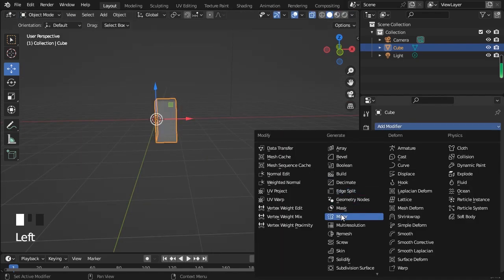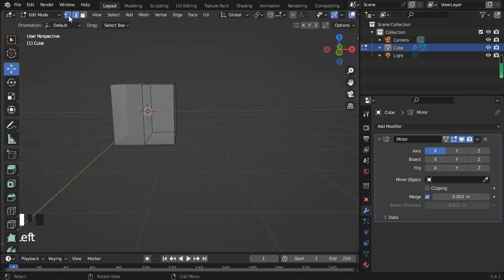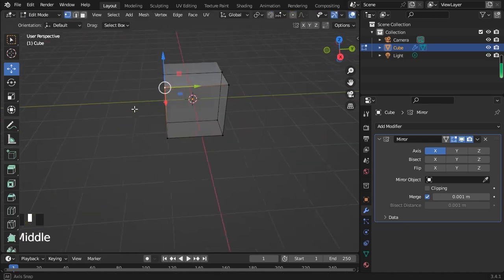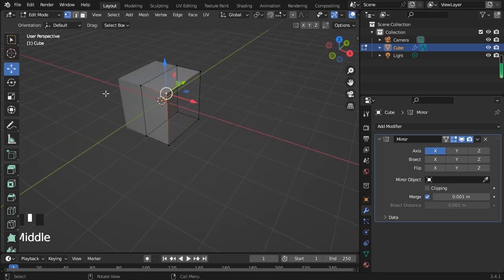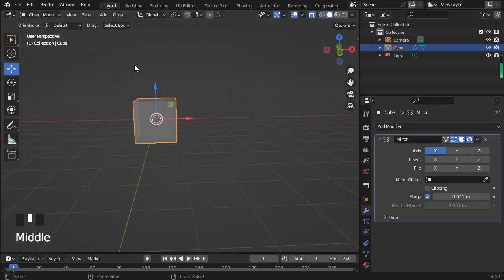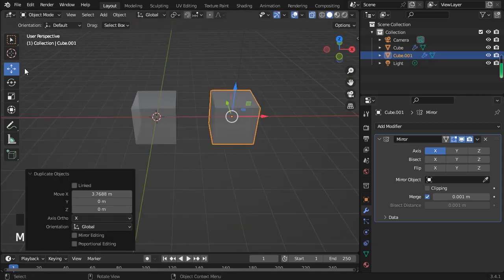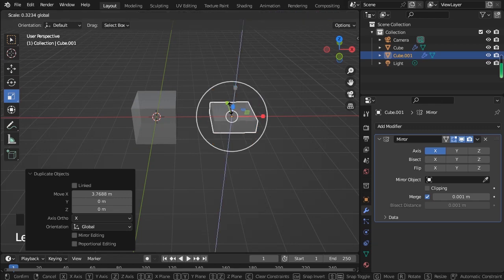And then you add the modifier mirror, it will fill up the other half. So when you're editing your object in one half, it will do the same thing on the other half. Or what you can do is you have two objects. So you press Ctrl D, you have two objects, and then let's say you're making a